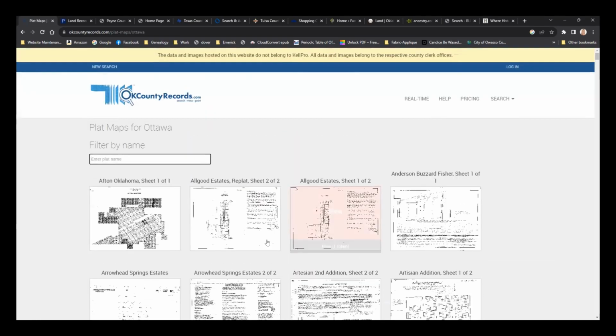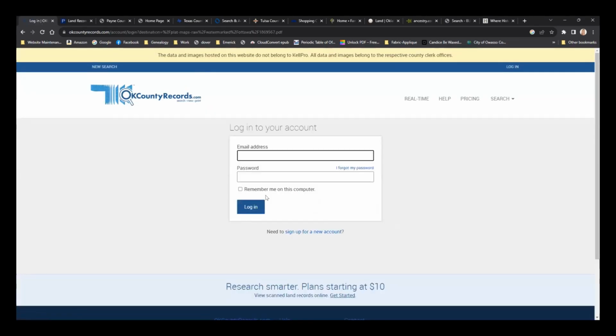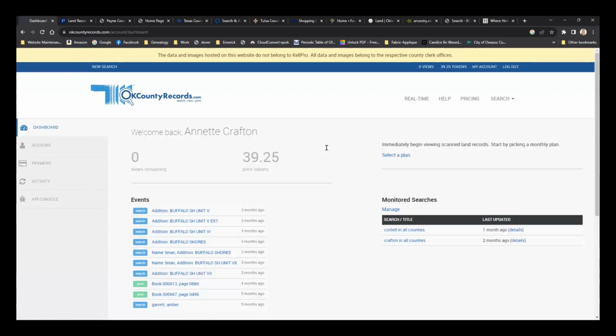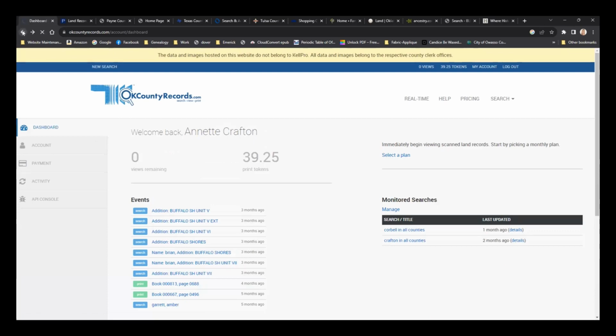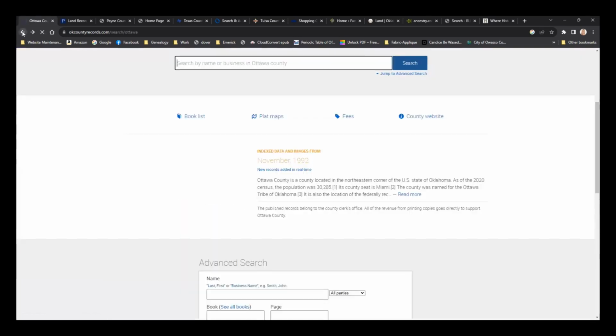And again, if you click on one of them, well, let me log in. Anybody can set up an account to this. There's no requirements. And you just pay for the copies. All right, plat maps.